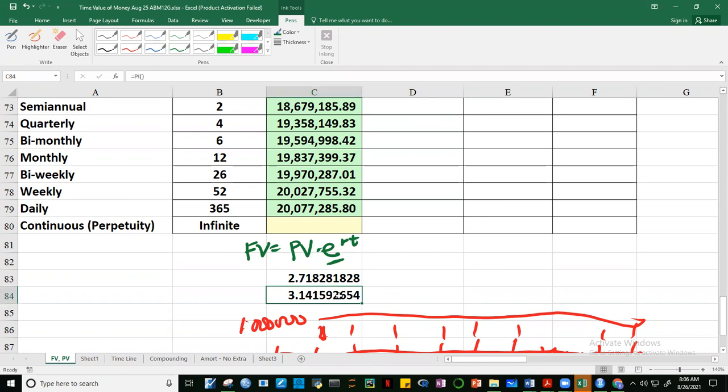So we can get, kunyari, sa Excel, yung pi, so is equal to PI, open and close parenthesis. So this is the approximate number of pi. For e naman, we use EXP. So if we type EXP, sabi dito, returns e raised to the power of a given number. So we raise it to 1. E to the 1 is equal to e. So this is the approximate kasi, guys, ang pi talaga, ang e talaga walang katapusan yan. Okay? So